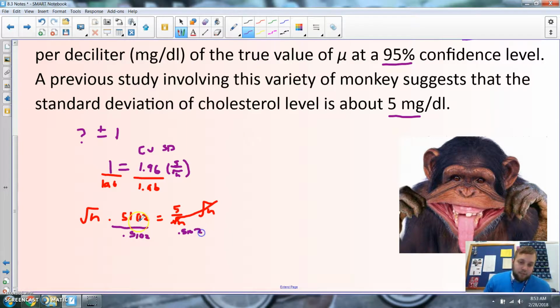So I'm going to divide this by 0.5102. Okay, almost running out of time here. I got the square root of n equals 5 divided by that number, and I'm putting that whole number in there, which equals something close to 9.80. And then I'm just going to square both sides. All right, now obviously I'm going to have an answer of